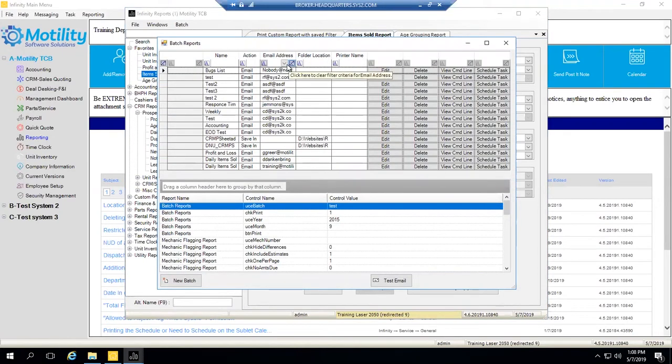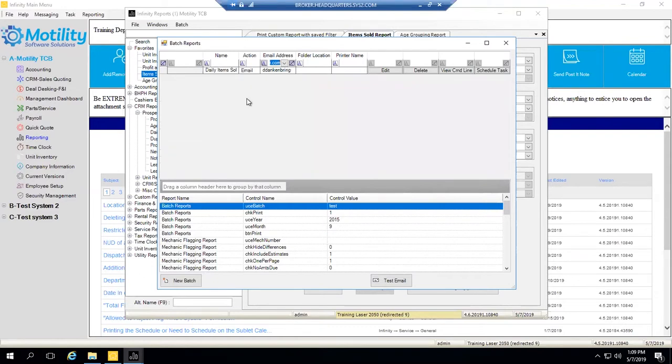So we have quite a few here. What I'm going to do, and what you have the option to do, is if you have quite a few of these, you can go ahead and actually filter by your email address to make it a little bit easier. I'm sure we're all familiar with our filter bars that we have throughout the software, but you're also going to be able to access those from this screen as well. So I'm going to go ahead and select my email address, and there it is, my daily items sold report. And there's my username, ddankenbring at my email address,